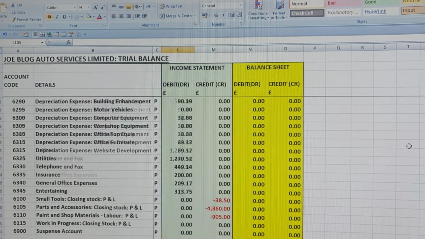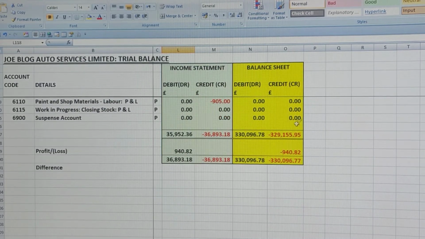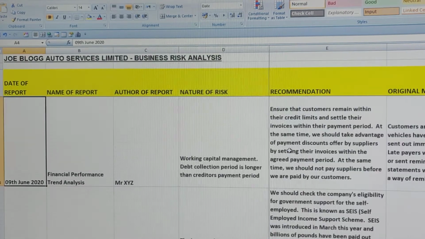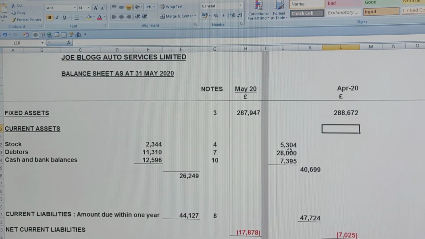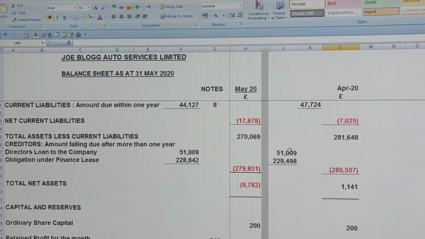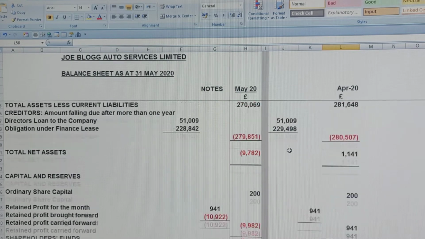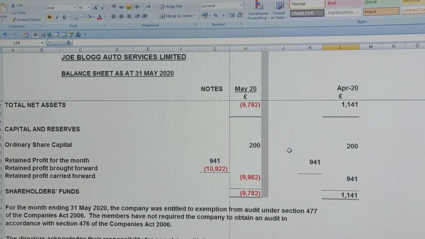Look at the extended trial balance here, it is 940.82, and look at the balance sheet. I've got the balance sheet for the month of April and May side by side. This is the reported profit for the month of, yeah, it's been rounded up. It's 941. Yes, it will be moved to reserve. Okay, now